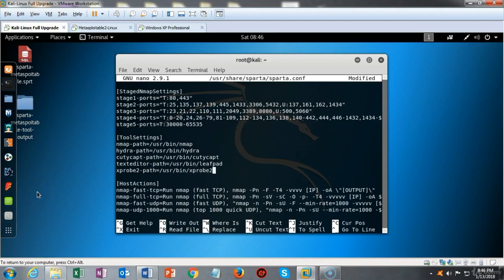We can add just about any tool we want to Sparta, but the caveat is this: that tool must not be interactive. That is to say, it must be able to run on its own without any interference from you as the user. I now have to use my down arrow and go underneath the host actions section of this Sparta.config,